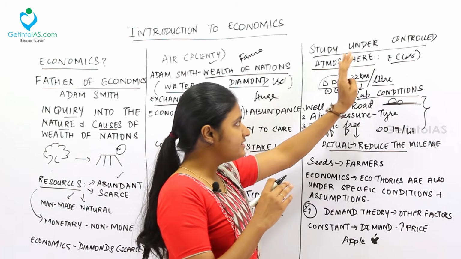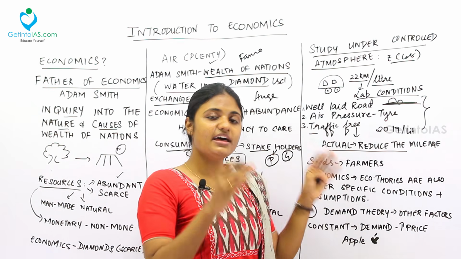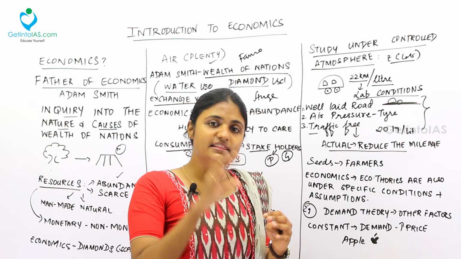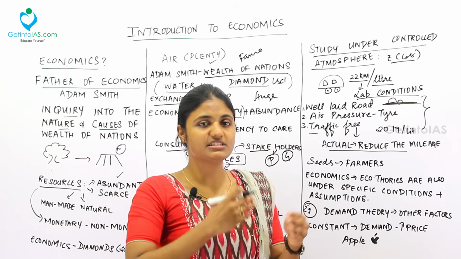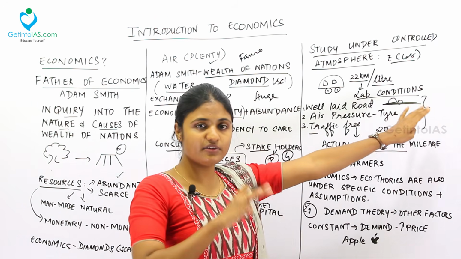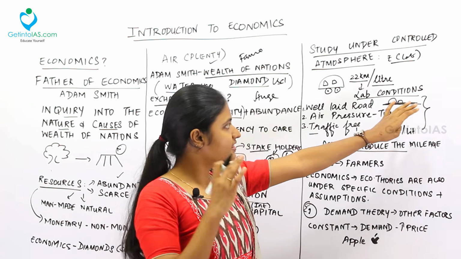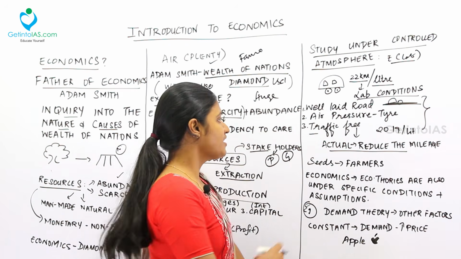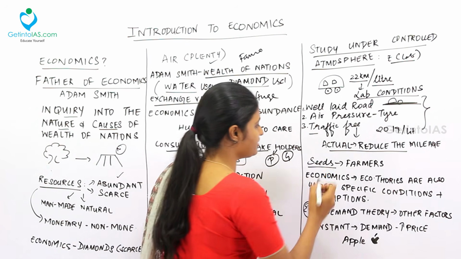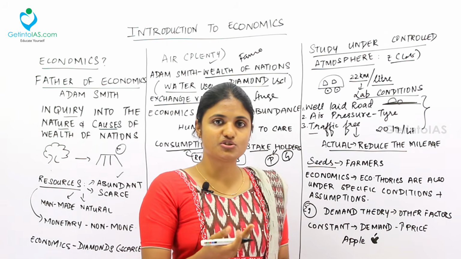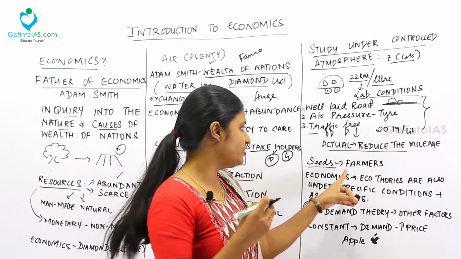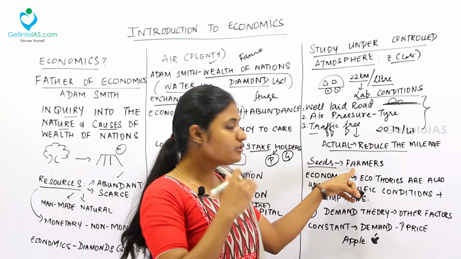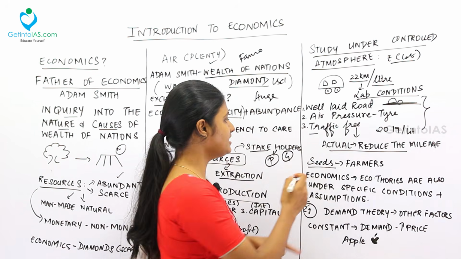So while comparing this example with our economy, it is also the same thing. In the laboratory, economics may have a lot of definitions and lab conditions. But when coming to the actual situation, the economics also varies. For example, when you are giving the seeds to the farmers, in the lab conditions the seeds may grow to the well-grown condition. But when you come to the real farm, it may not grow to that level. So this is the lab condition.